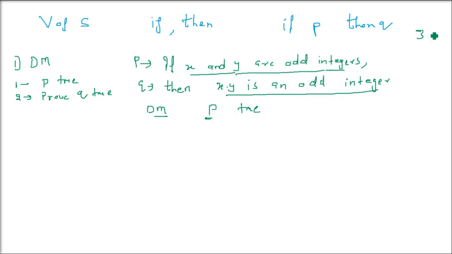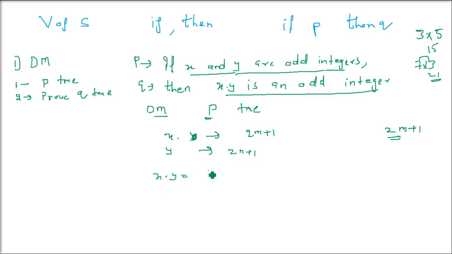Say, just take an example, 3 and 5. Multiply them, 3 times 5 is 15. 3 and 5 are both odd and you multiply, you will get an odd. Okay, so it's kind of true we can assume, but let us assume P is true. So x and y are odd integers. When we have assumed x and y as both odd integers, how to make an integer odd? We'll take a number, multiply it by 2, so we are making it even, and then we are adding 1. So 2m plus 1 and 2n plus 1.